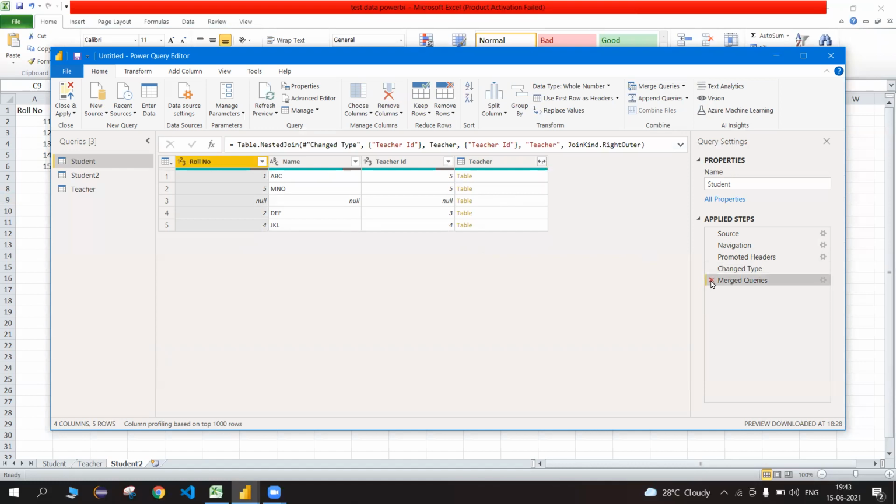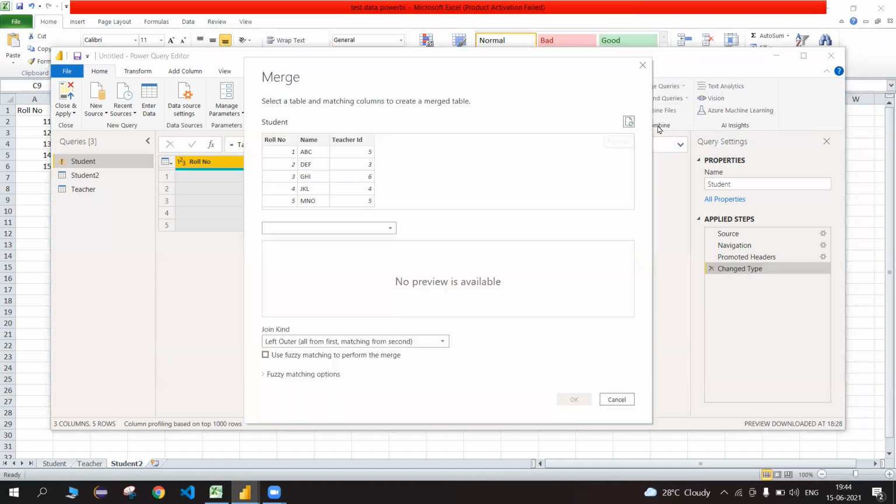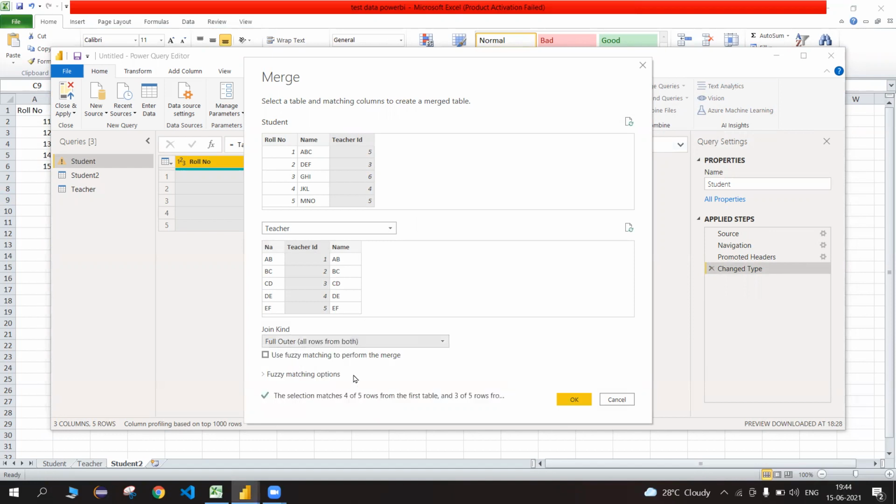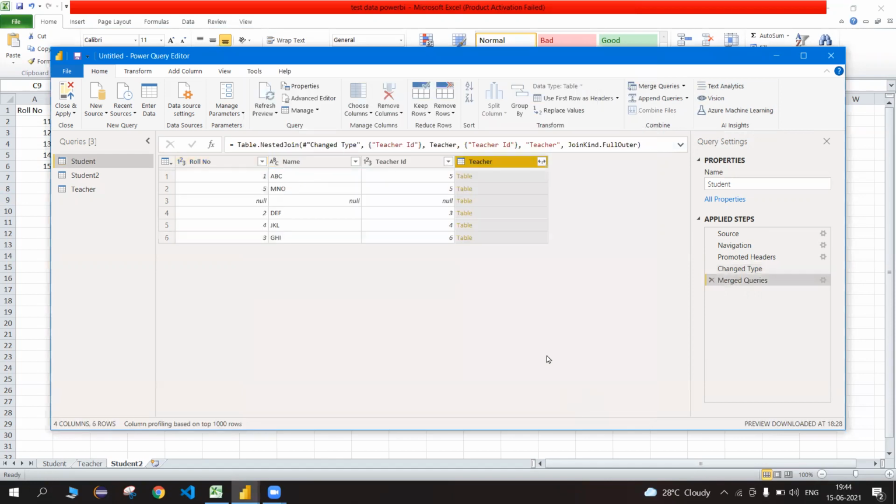Now we would be working with other joins as well. Again, clicking on merge queries. Again, we would be following the same approach, selecting the foreign key, and then from over here, now we would be using full outer join. And that is all the rows from both the tables, whether they match or they don't match. Further clicking on OK.